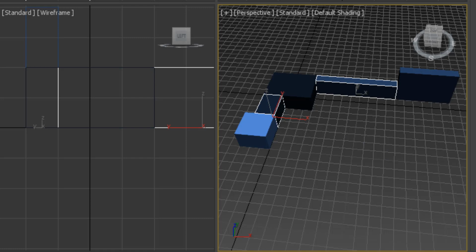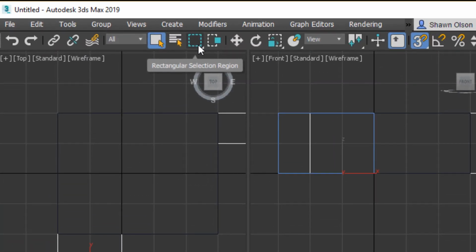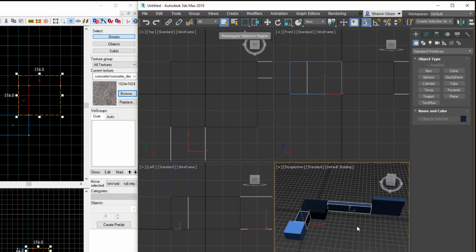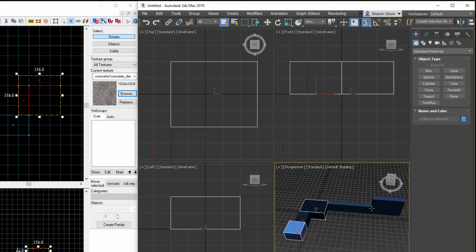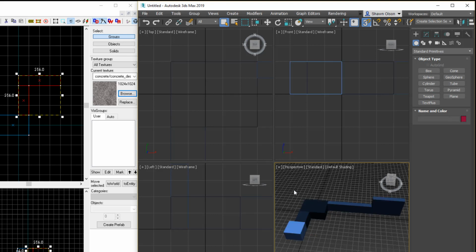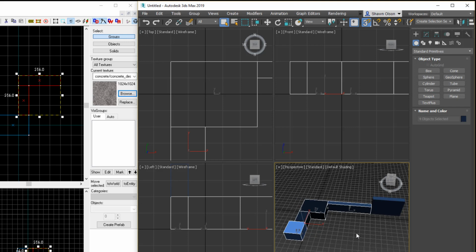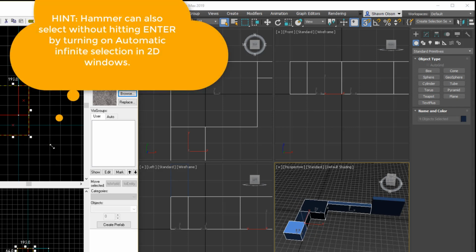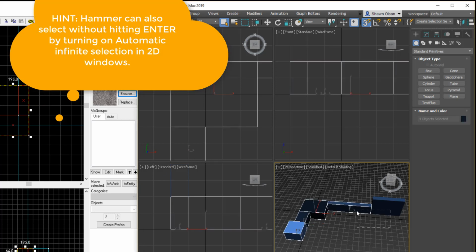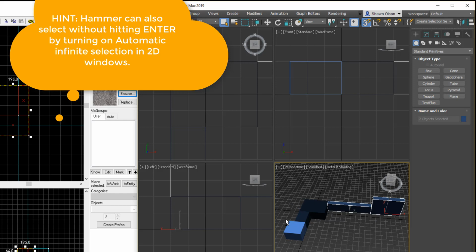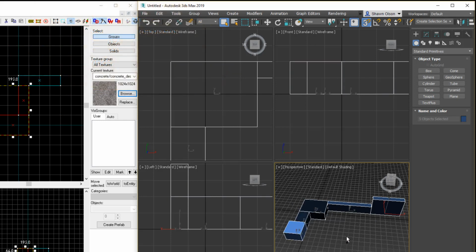Now when you're in selection mode, there's different types of selection regions. We're currently in the rectangle selection mode. So what that means is, because previously I was just clicking on individual objects, but I can also select and drag in the viewport. So unlike Hammer where you select and then hit Enter, over in Max you just select and let go and it will select those. And again, I can also hit Control to add to things, and I can hit Alt to subtract